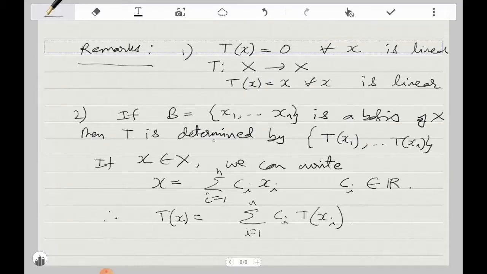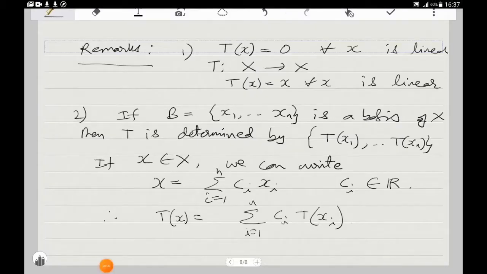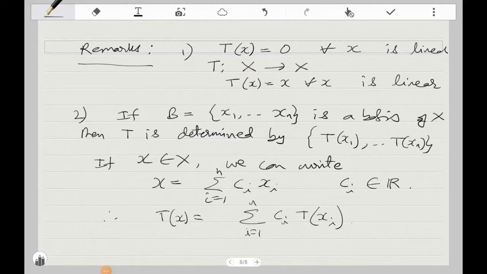However, even if we just had the spanning property the statement would be true, but if in addition we know that this B is a basis,